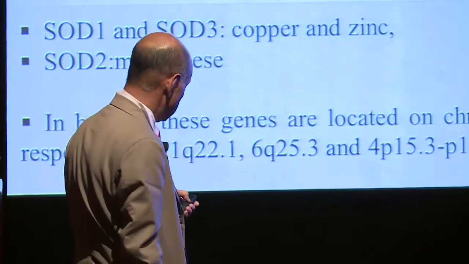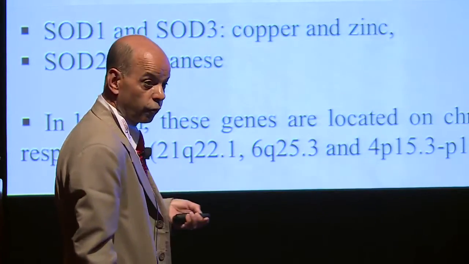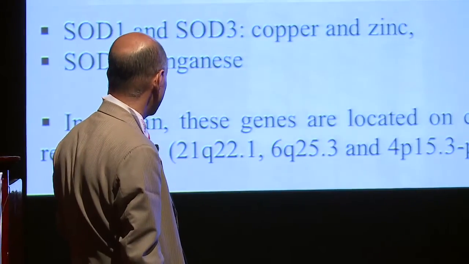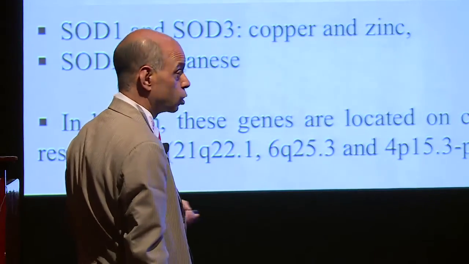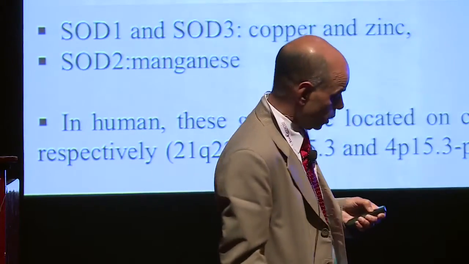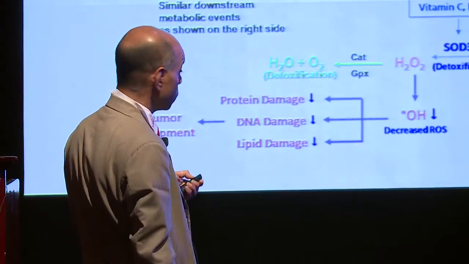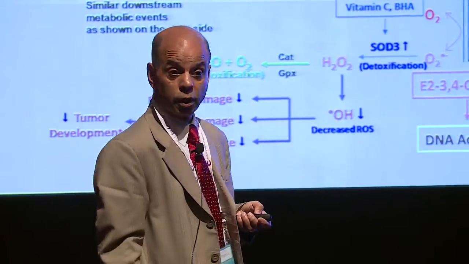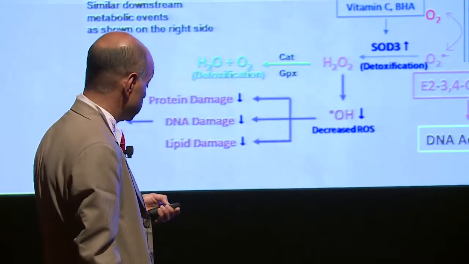So these are the three superoxide dismutases that you are familiar with. You are familiar with superoxide dismutase 1, which is the copper zinc one, and superoxide dismutase 2, which is the manganese, mitochondrial one. Superoxide dismutase 3 is the extracellular superoxide dismutase, which is the least studied. And so I concentrate on superoxide dismutase 3, which our microarray studies showed is reduced in the cancer tissue, and interventions bring it back.